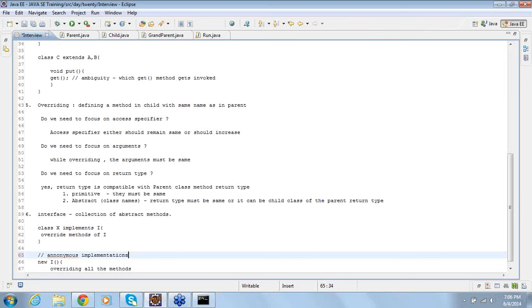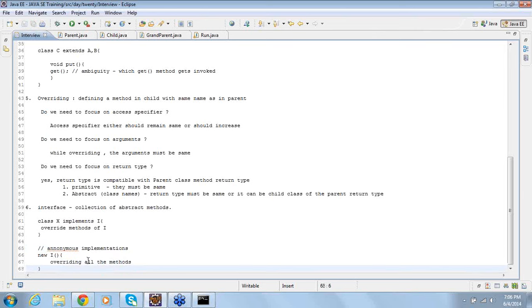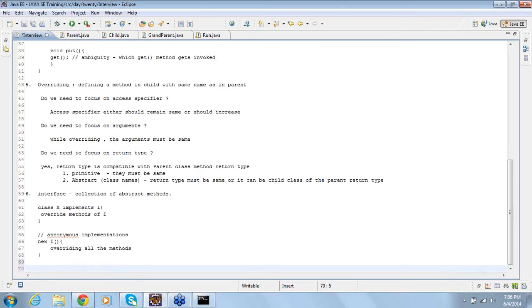This anonymous implementation is not only for interfaces, it's also applicable for abstract classes.